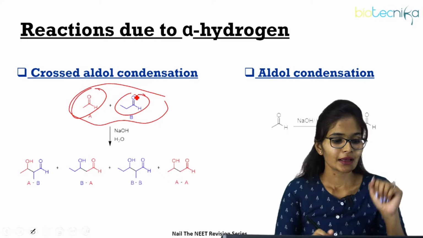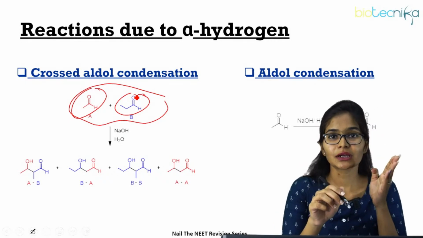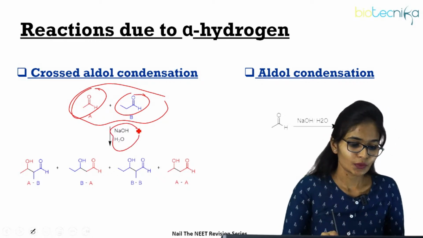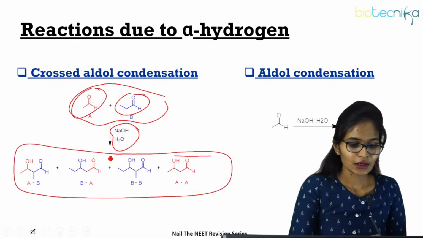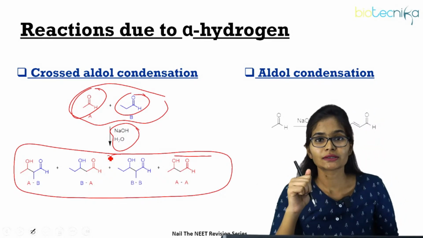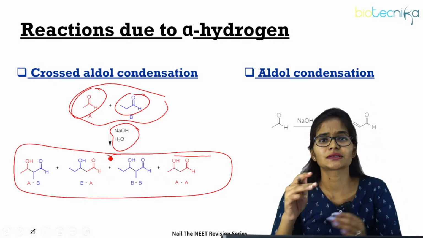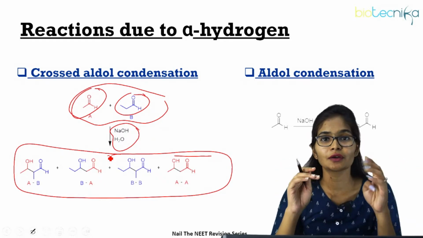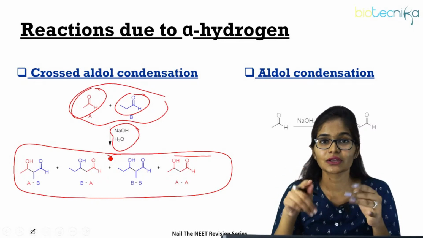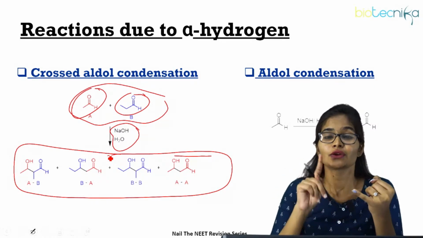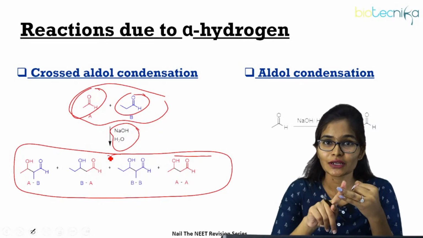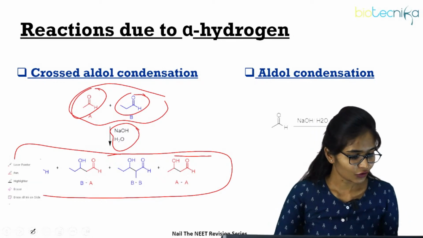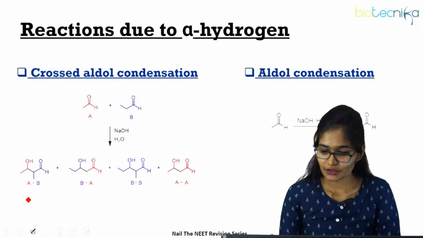Both are different aldehydes. If I follow the same condensation method that we used here, upon treatment with NaOH in water, you will get 4 different products. Whenever you consider two different aldehydes, you will get 4 different products. Suppose you consider ketones also, either two different aldehydes or two ketones, you will get 4 different products upon cross aldol condensation, where you maintain the same reaction conditions, treating in the presence of base and doing hydrolysis at last, and you will get your alpha beta unsaturated compound. Okay, and I hope you are understanding the reactions, students. If you are understanding, please ping me,